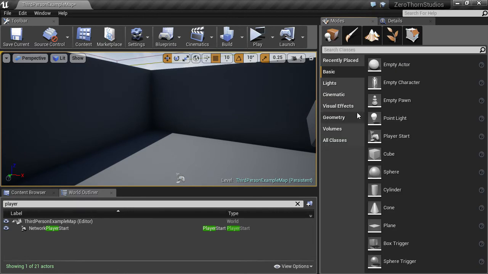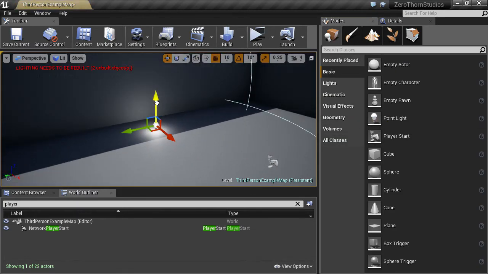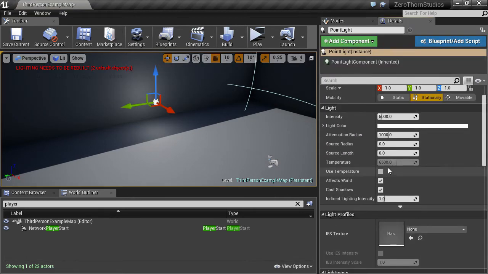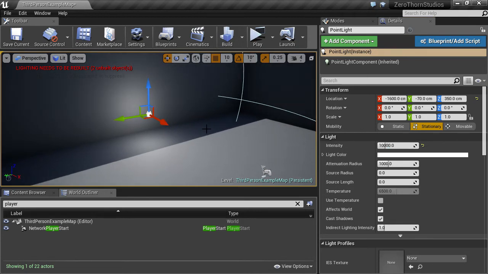We'll go into here and I'll just show you. You can grab a light and bring it into your level. And then you can click on the details of that light and once again modify different aspects. So if we want it to be brighter, we can just double it. But if we want it to affect a longer distance, you can double this number as well. And then it will